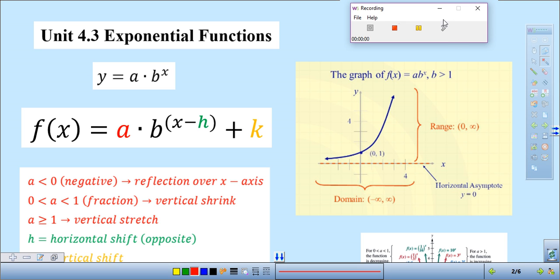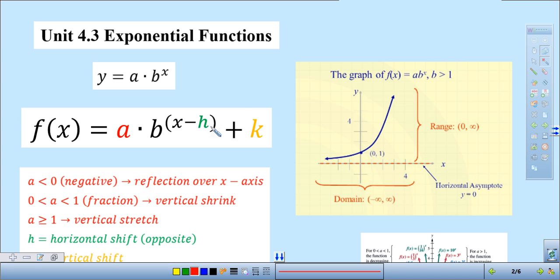Alright, so continuing on with Unit 4.3, getting more into exponential functions and their transformations. We want to be able to graph, and we're not going to graph using a table. We're going to graph using, like I said, the actual transformation. So you'll notice that hopefully this looks really familiar to you, because in the past, we've looked really closely at